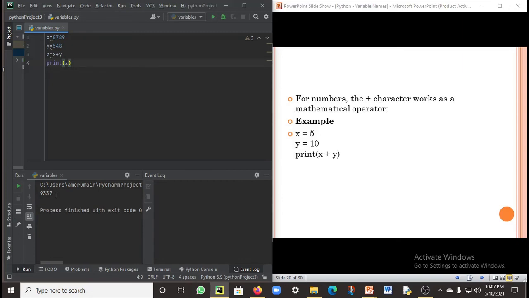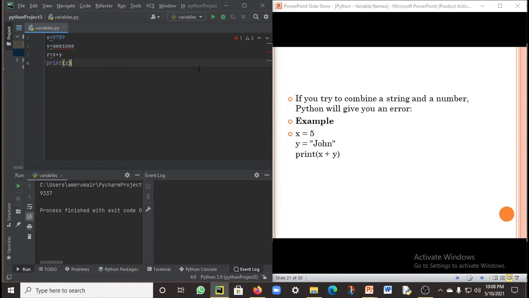Now there's one more important thing you need to remember while assigning values to the variable x. If that's a string, then you must write that string in double quotes. Like for awesome we have written awesome in double quotes, whereas in this example I have written 8789 without double quotes. For integer or float values you don't need double quotes, whereas for string values you will need double quotes. And if you try to combine a string and a number, Python will give you an error, obviously, because Python can't perform such operations, guys.